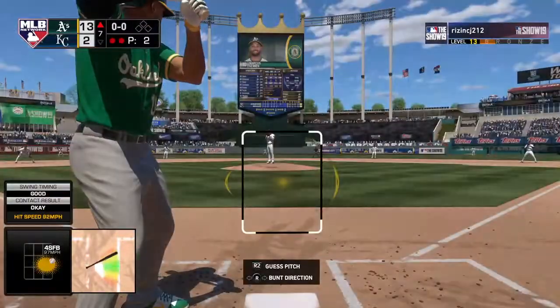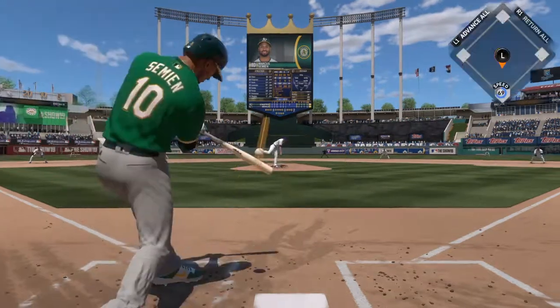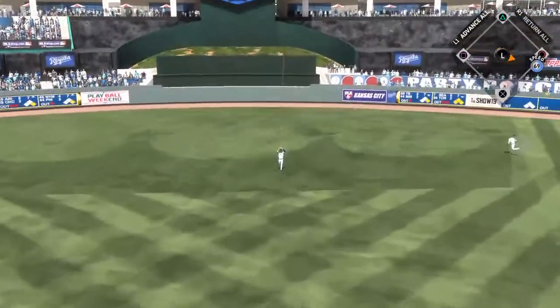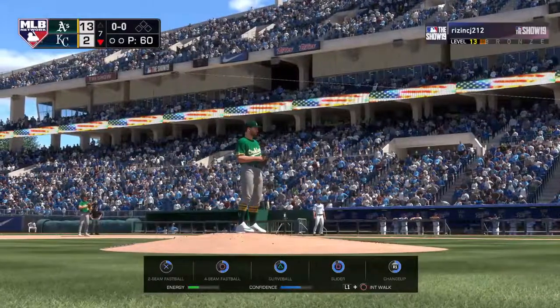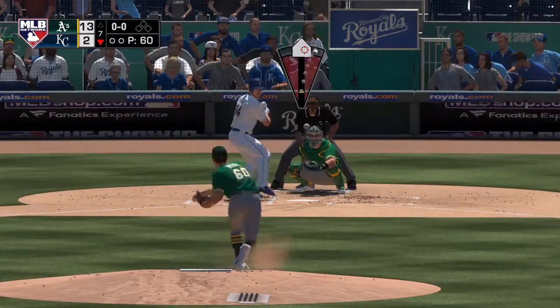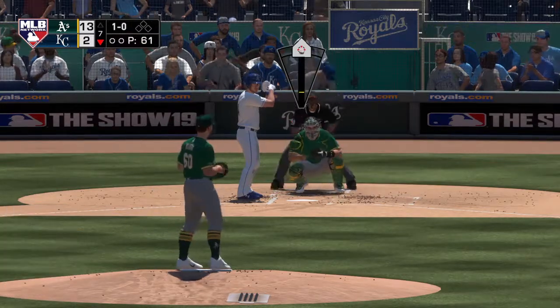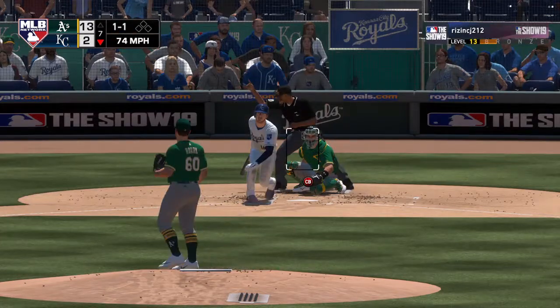Striding in, Marcus Semien. He homered back in the 3rd inning in this one. Lifted out towards straightaway center field. Phillips is under it, and he makes the catch for out number 3. Brett Phillips will bat next. He'll try and get something started in the home half of the 7th. It doesn't look very promising so far in this one as we move into the later innings. Down by a bundle, it's time to get some base runners and hopefully a long ball to get them back